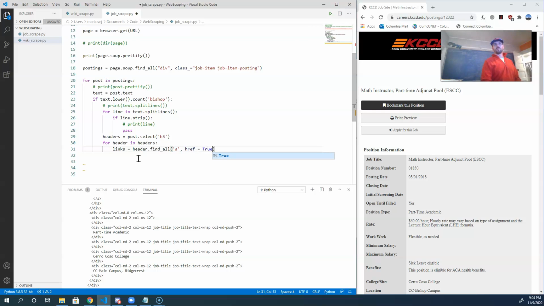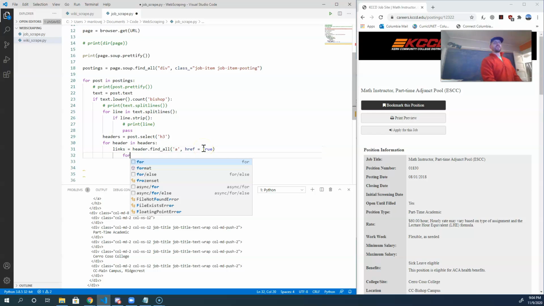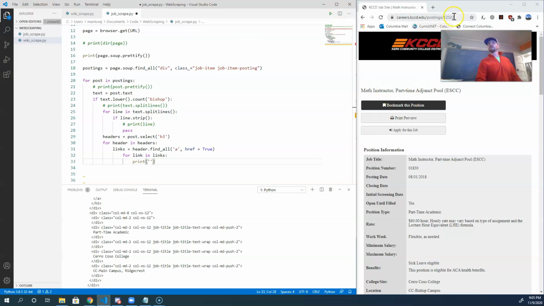href is true. So href is that it goes somewhere, right? So this is going to be all the links that are actually headed somewhere, all the little clickable links, right? Okay, so that's going to get me a list of links, and then we're going to nest another loop, and we're going to say for link in links, we're going to print out a string that is this string to start with, plus